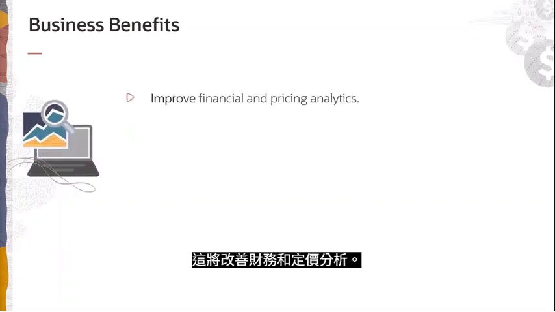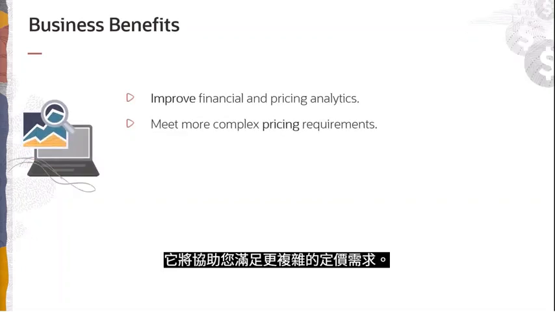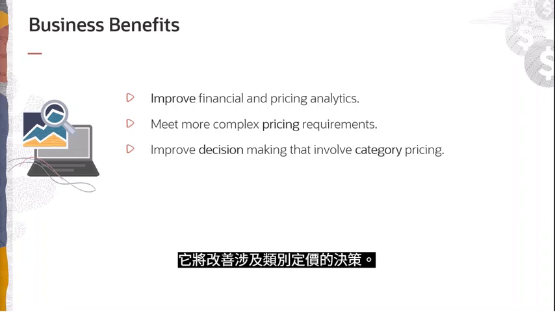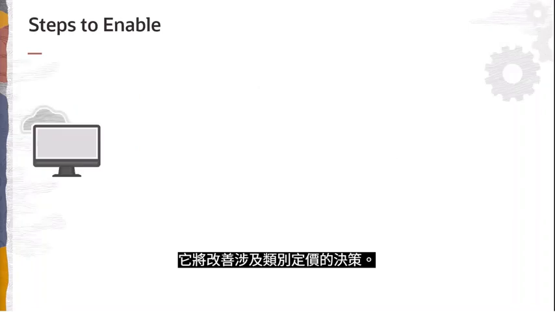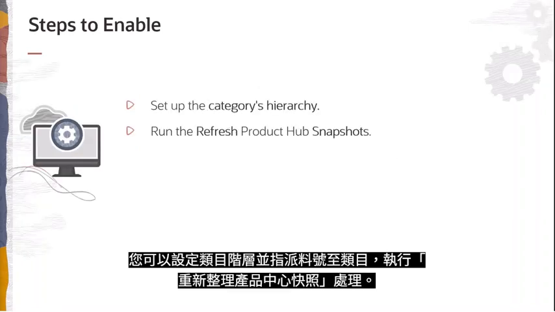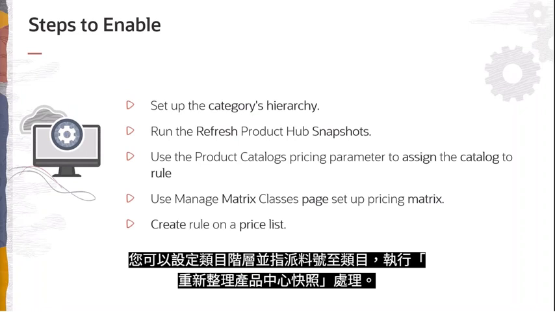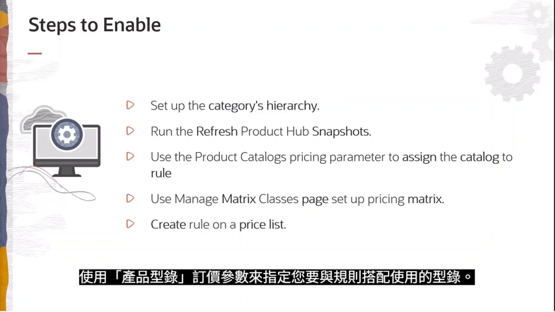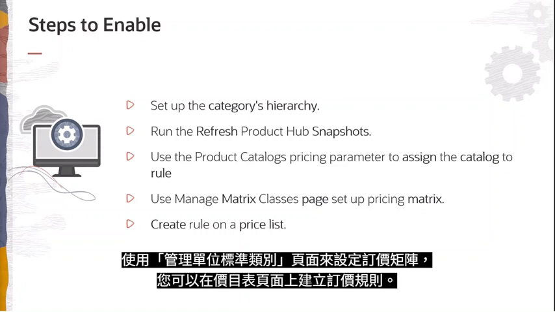This will improve financial and pricing analytics. It will help you meet more complex pricing requirements, and it will improve decision-making that involves category pricing. You can set up the category hierarchy and assign items to the categories, run the refresh product hub snapshot process, use the product catalog pricing parameter to assign the catalog that you want to use with your rules, use the manage metric classes page to set up your pricing metrics, and you can create your pricing rules on the price